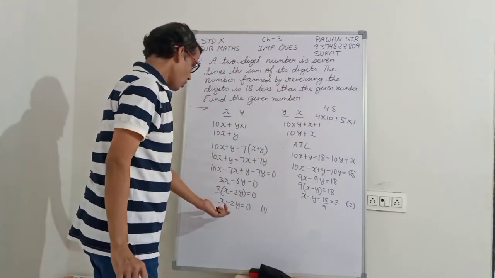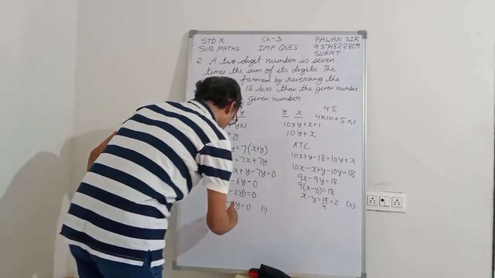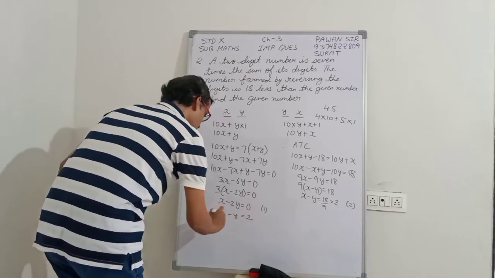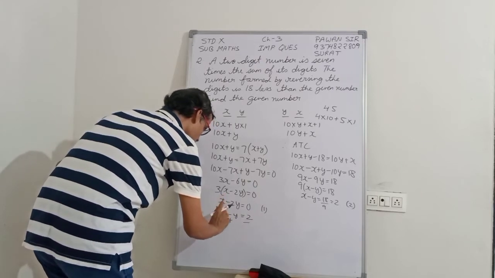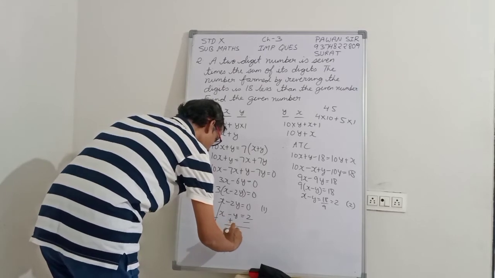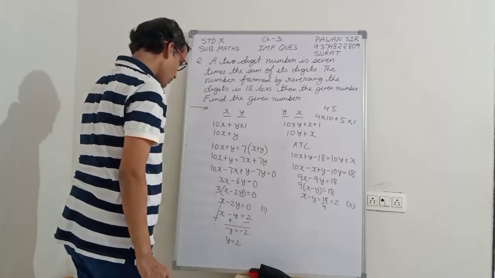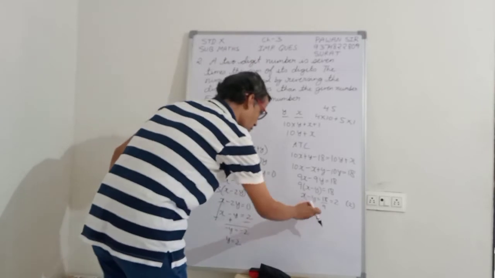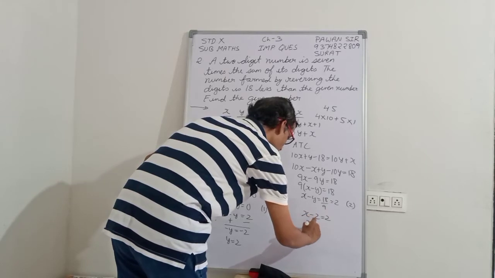Okay. Now we have to solve these two equations. This is first one and this one is second. Second equation is x minus y is equal to 2. Subtract these two equations, so we have to change the sign. On subtracting, this will cancel. Minus 2y plus y, minus y is equal to minus 2. We get y equal to 2. Put in second equation the value of y as 2. So x equal to 4.